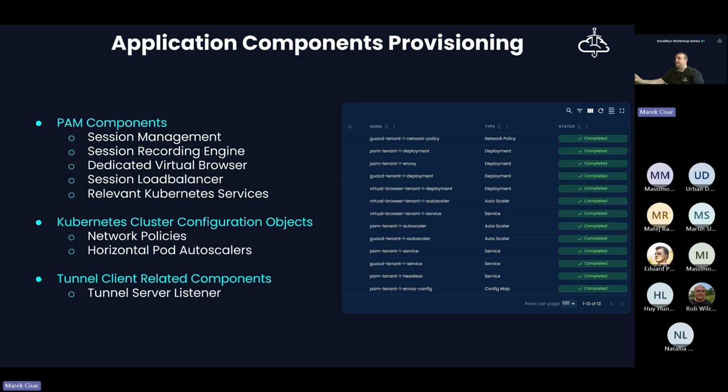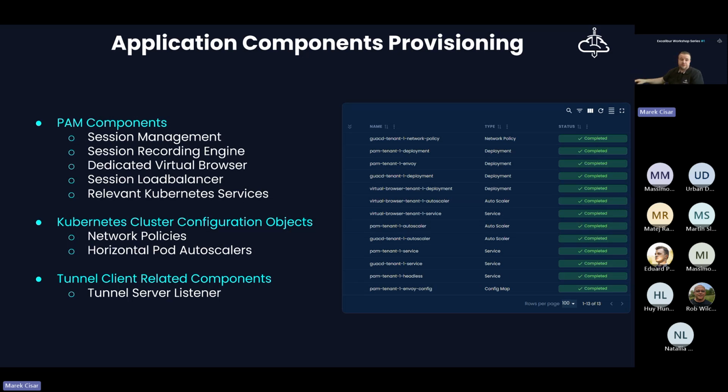On the picture on the right side, I have taken a screenshot from the dashboard, so we can see all those related components. Some of them are the application load, basically running pods, and the rest of them are configuration objects.